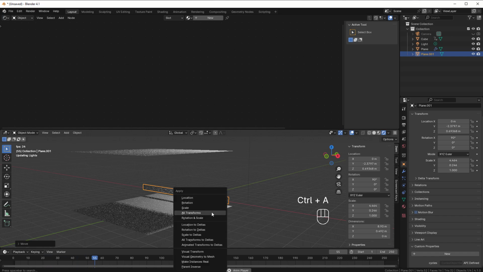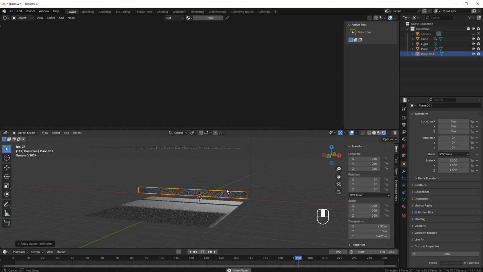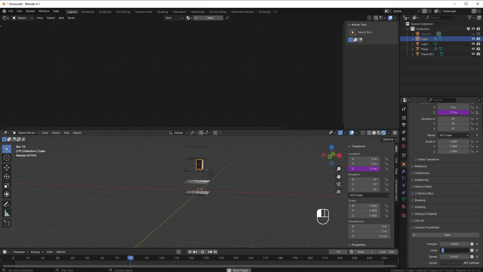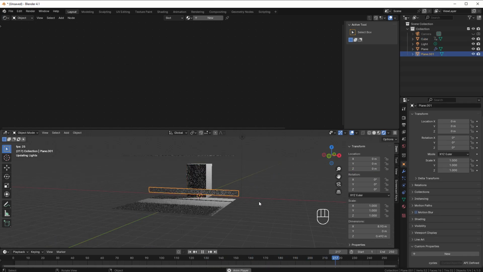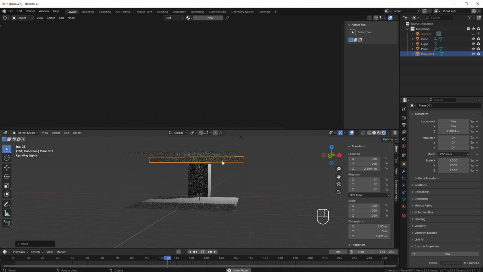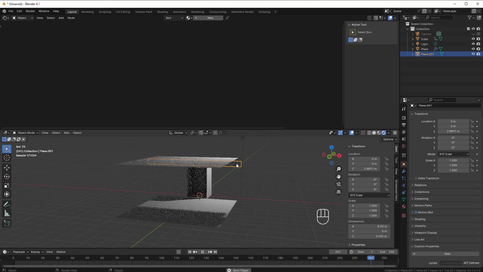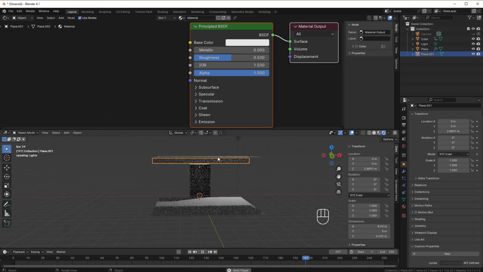And then Control A to apply all transformations here. So now we have something, and if I take our elevator to the first level or 0 level, then I can put this on the correct height as well so it looks nice. So G, Z, could be good to have it like that. And then we also add this on all the other floors, but that we can do later on. We just do the material first. So we select this one, and then I select new here, and now I would like this to be some indication of what floor we are at. And we can use